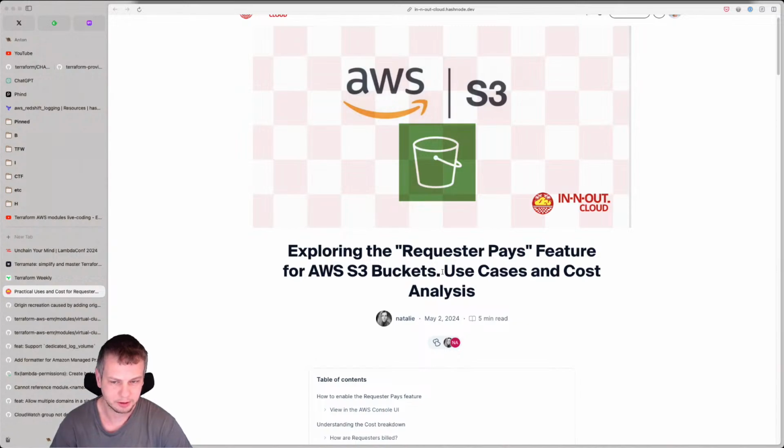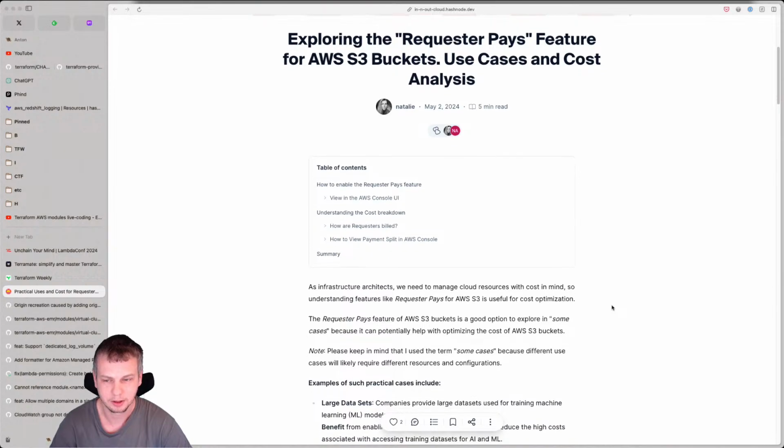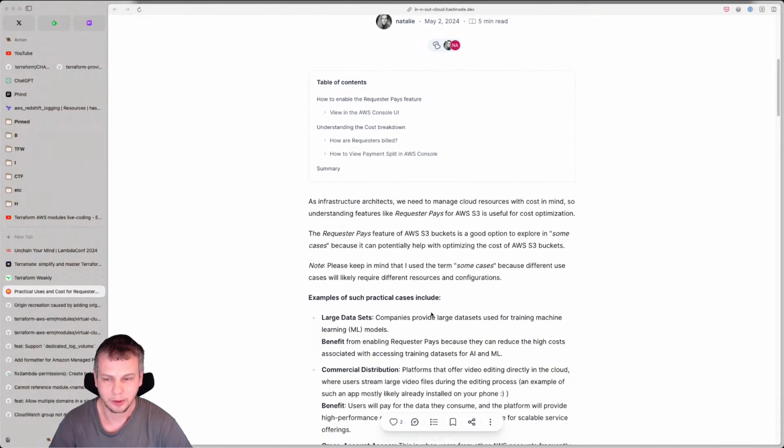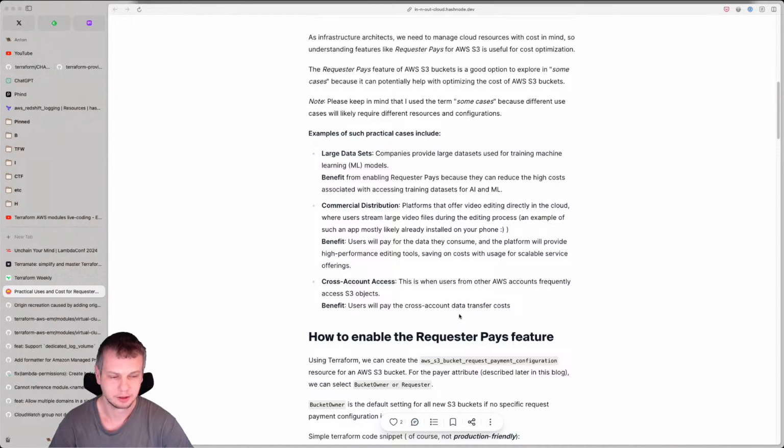She explained what the use cases are and how to actually use it. In a very simple way, it is a feature which enables you, as an owner of some information in your S3 bucket, to not pay for the retrieval of this information yourself, but to let the people who are requesting this information pay for it.